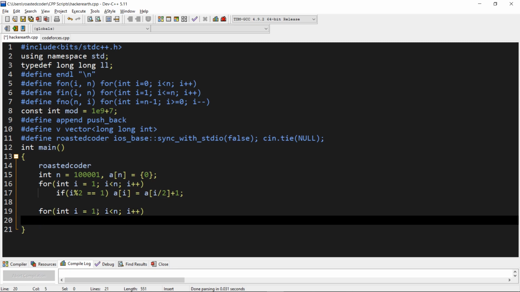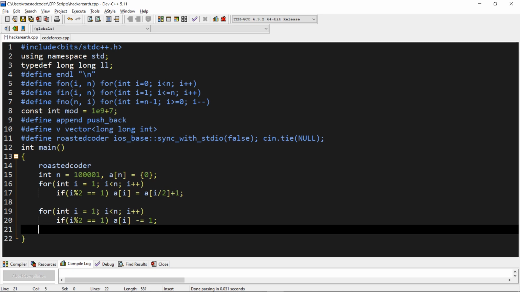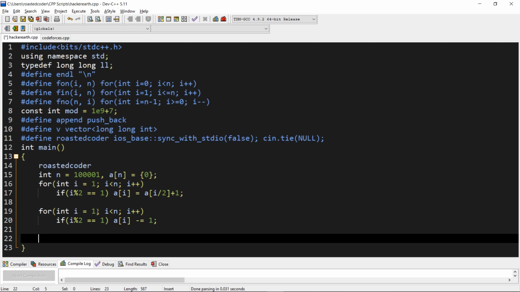So if i modulo 2 is 1, then we will decrement a of i, and now again iterate over the array.